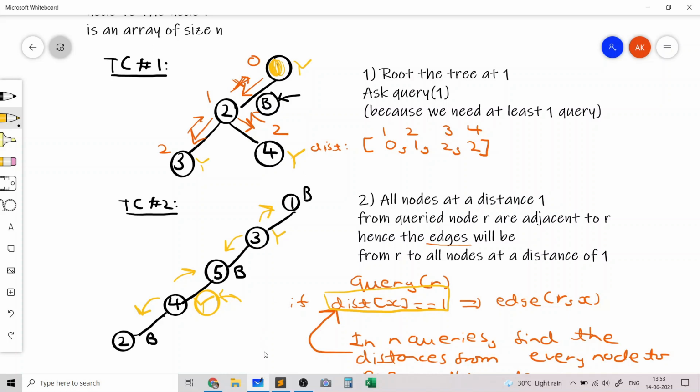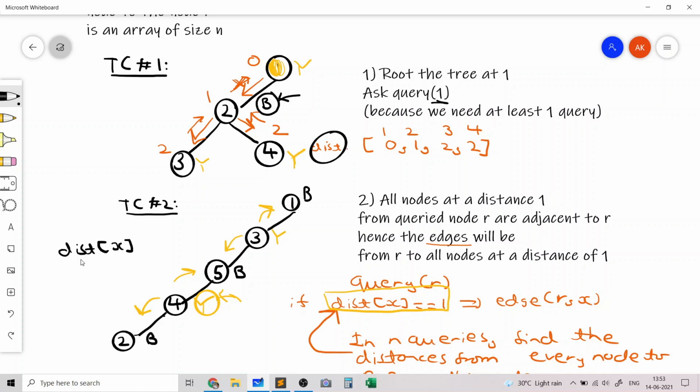But one thing to mention is, how do we know which are black and which are yellow? And there's a really simple statement for that, to find which nodes are black and which nodes are yellow. You should be able to realize now that that actually depends on the distance, because that's the query which we are asking. We are asking query 1, we get the distances.